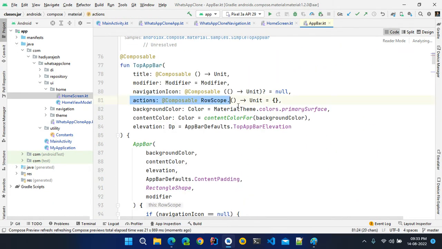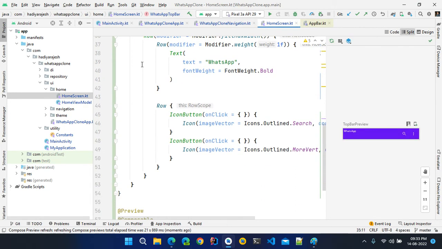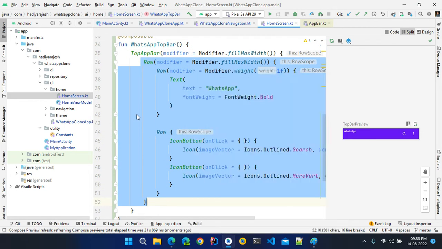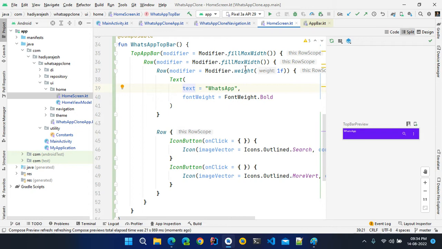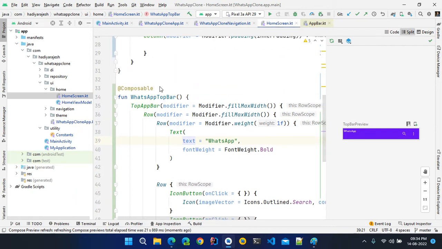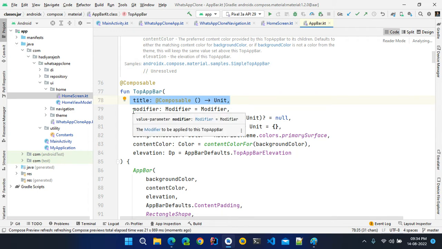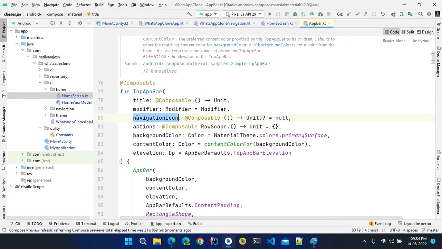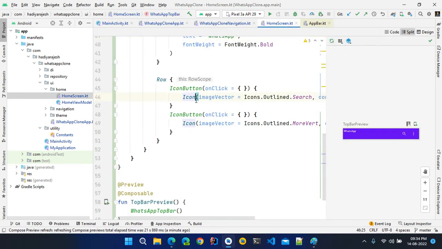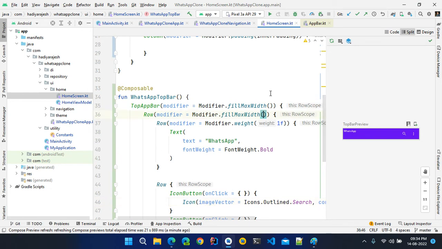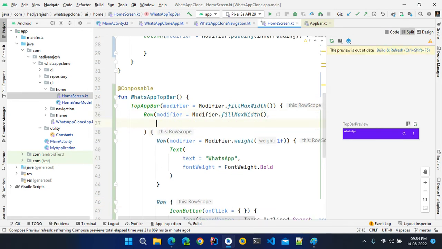Okay, so in this case, we are providing the content ourselves. Okay, we are not using separate elements. So in this case, we are providing the contents ourselves. But if you want to use another top app bar, then you need to provide items differently. Let's say title or navigation icon and actions. Okay, so in this case, we are using the things ourselves. Okay, so let's